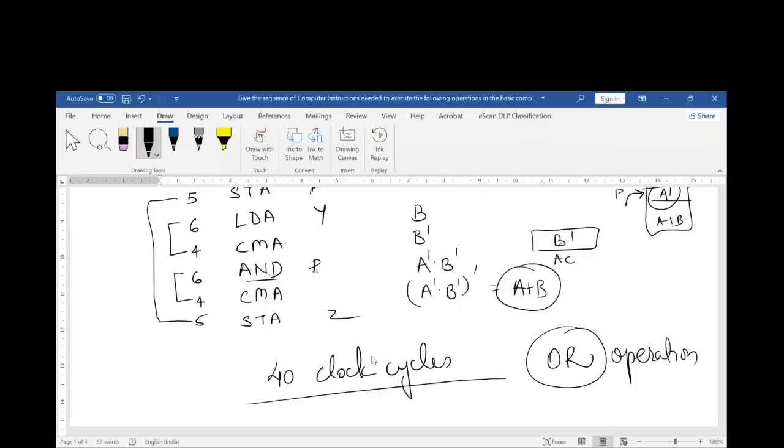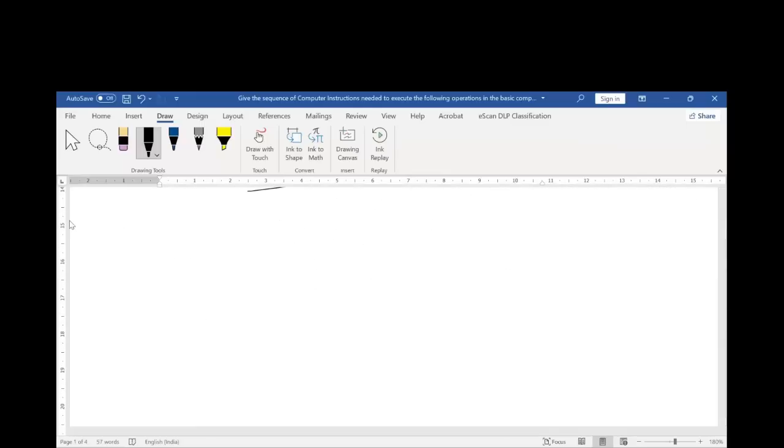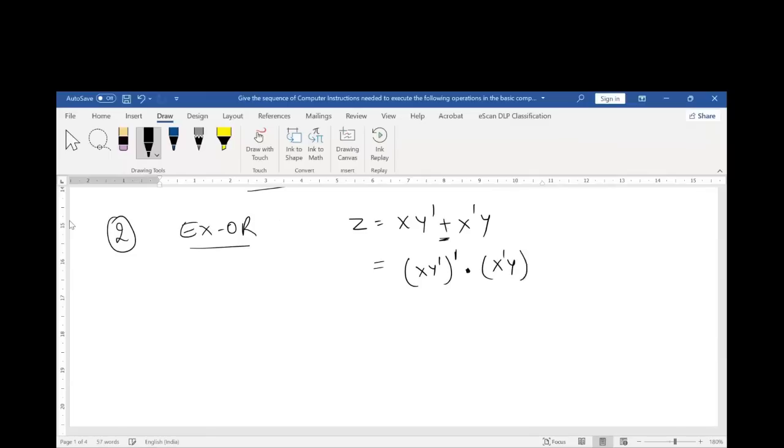Was it easy? Okay, let us try one more. Now you'll be able to do it on your own. We are asked to perform EXOR. We know that we write the EXOR operation like this: XY dash plus X dash Y. Now we do not have a plus instruction. So how will we do it? Again, the same way that we performed OR over here. So this is OR, okay? So here how will we write? XY dash whole dash, this dot operator again, X dash Y